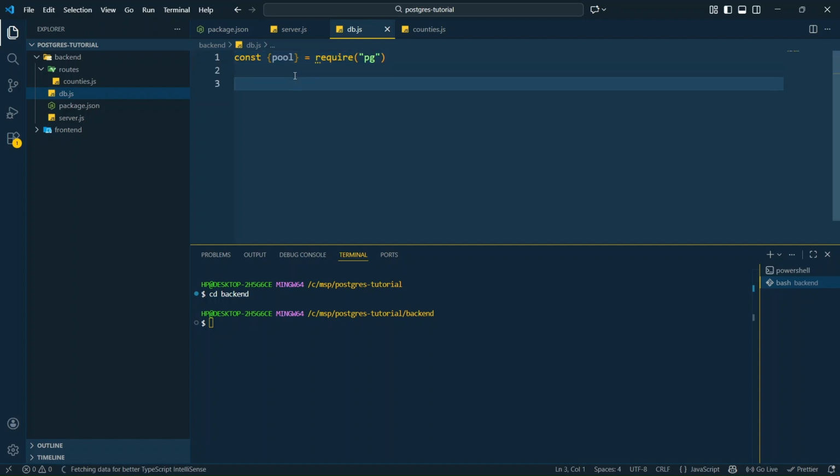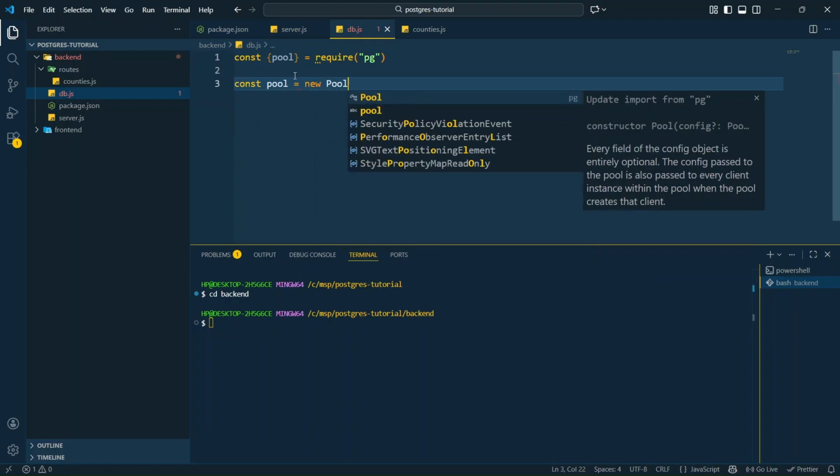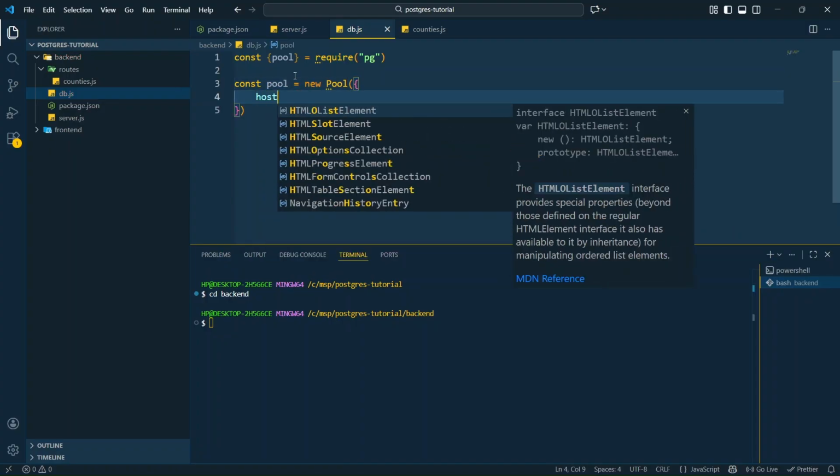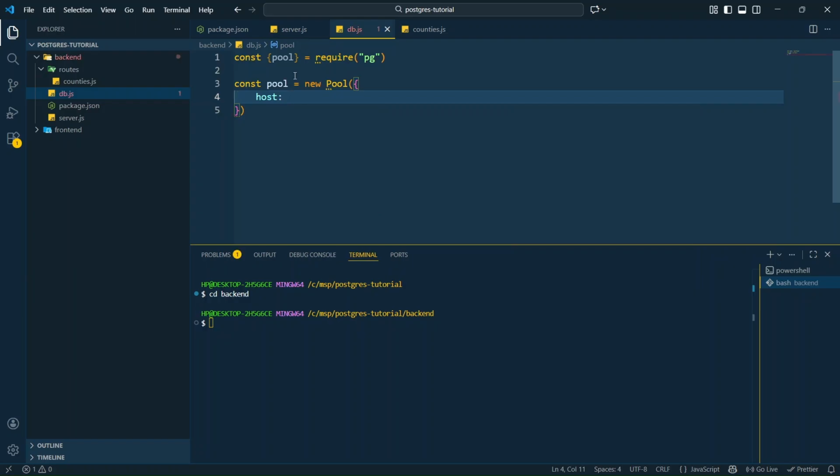And then I'm going to say const pool is equal to new pool, and this is going to take a host, and our host is going to be the name of our DB host, right? So before that, I want to separate the files, because if you're working